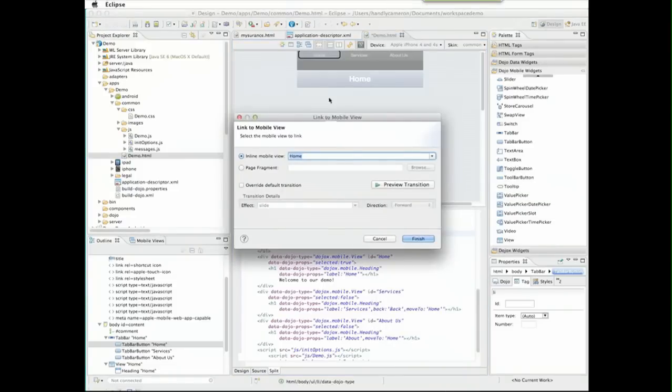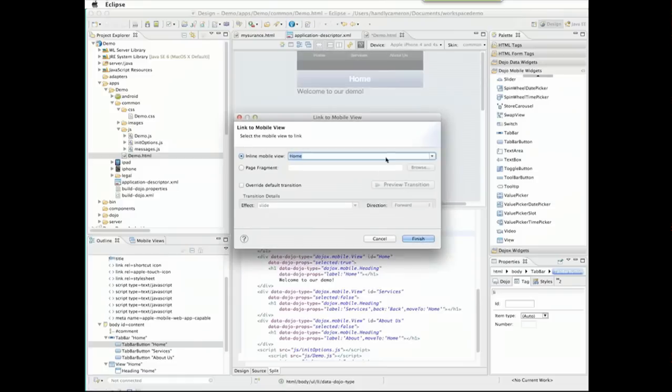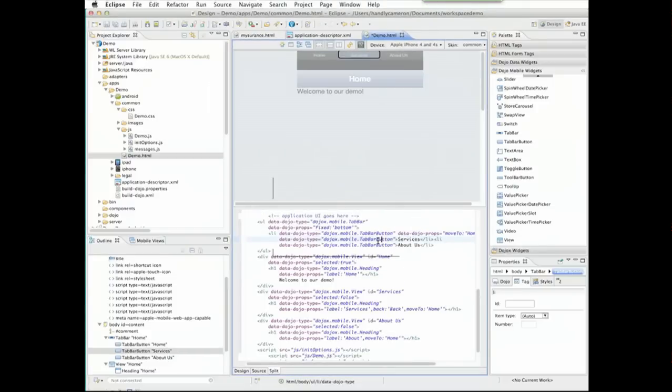And so I can actually say, okay, that home button is going to go to home, and I can actually go tell it other things such as other page fragments. I can even change what effects it uses. So when I say preview transition, it'll actually save the page and kind of show me how that works. And it didn't like me doing that. Okay, and then next is,